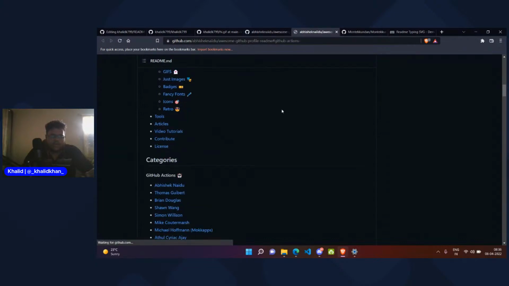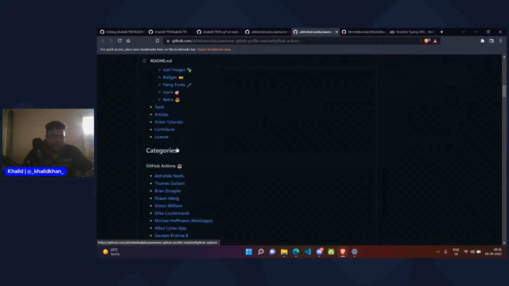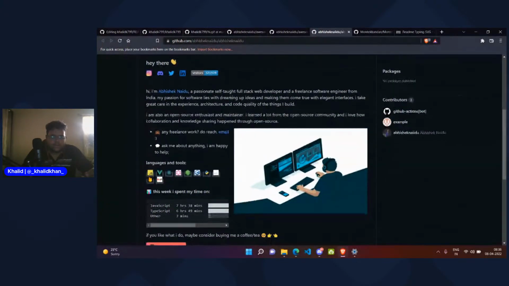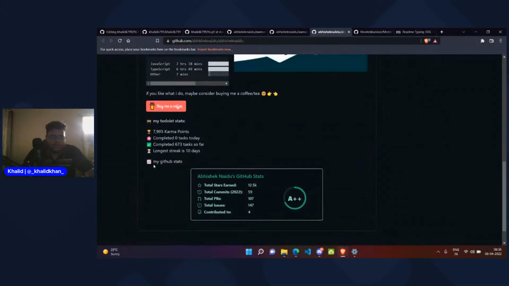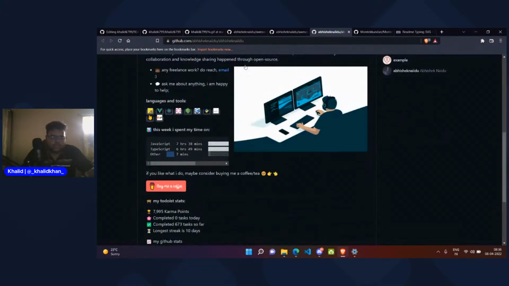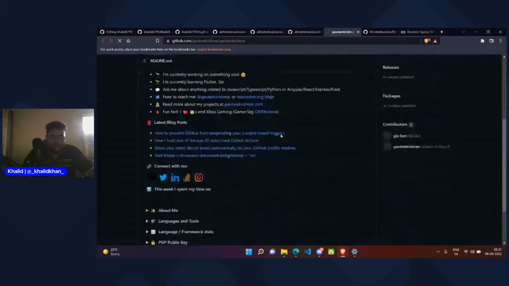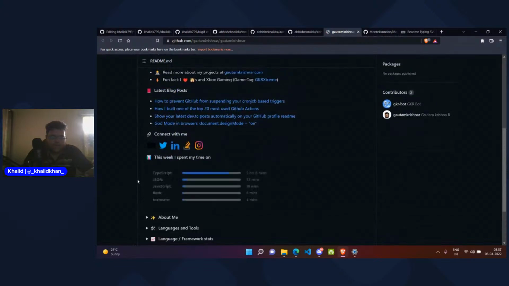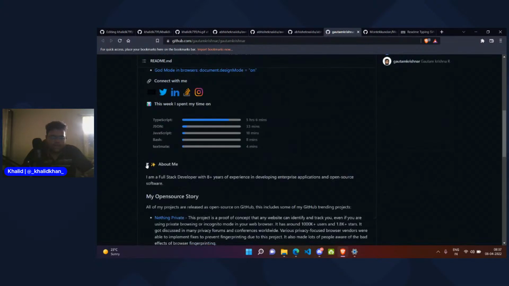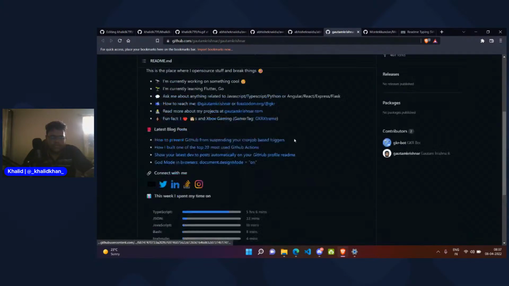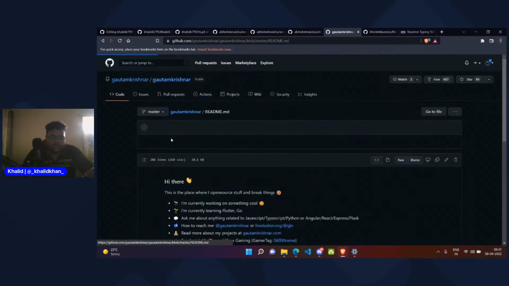Let us see if we can add GitHub Actions as well. You can see if Abhishek Naidu's profile has integrated GitHub Actions as well. I guess no, he has not added anything. You can check this profile, this is a really good profile. I'm really liking this collapsible bar, so I can add my information over here. Let us check what he has done in his README file.